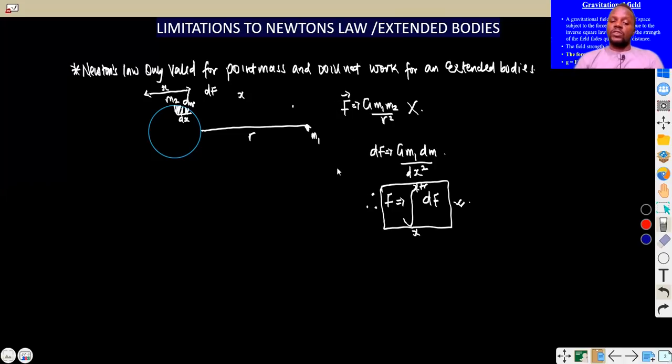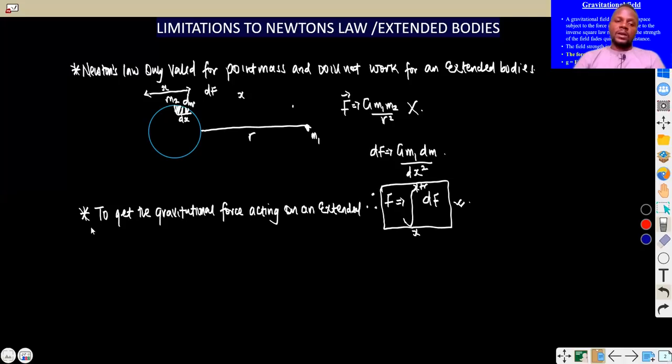So we can take an illustration to understand this concept that we just talked about, by taking a rod and using that particular rod to calculate the force on the extended body. I hope that will be available in the next slide. But for now, you can just write down this simple note: to get the gravitational force acting on an extended body,